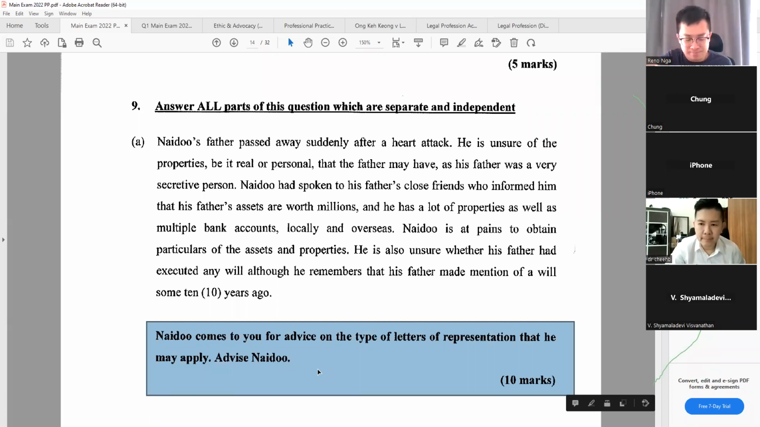By the way, many of you maybe don't know what a letter of representation is. Letter of representation includes grant of probate and also grant of letters of administration, LA. I will call it LA. LA means when there is no will. Probate means there is a will. So letters of representation include these two, LA and probate. When they ask what type of letter of representation, you just explain there are